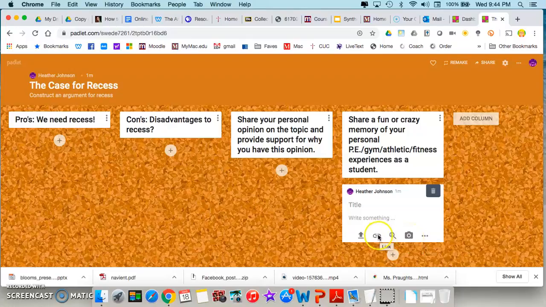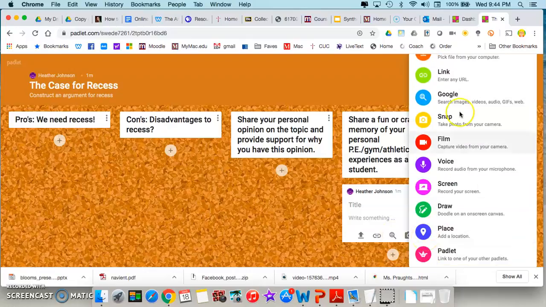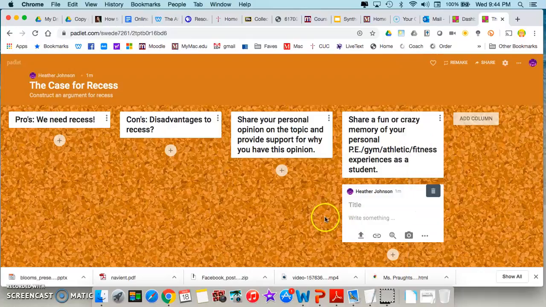You can put links. You can Google and search things. You might actually be able to record your voice in the box. Somebody should try that. So there are a lot of things you can do. This is called a Padlet. Sometimes people call it a back channel, but we're going to use this tool.